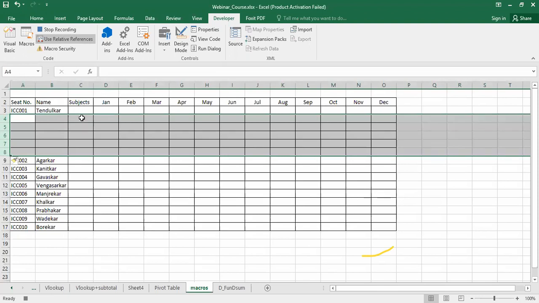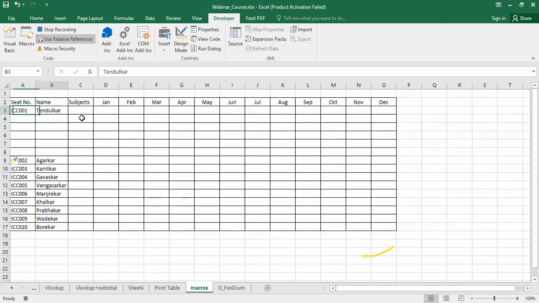Then I will go here and add the subjects. I will add the subjects, say math, physics, chemistry, Marathi, English, like that. And here I want the total. Now I want this to be bold.